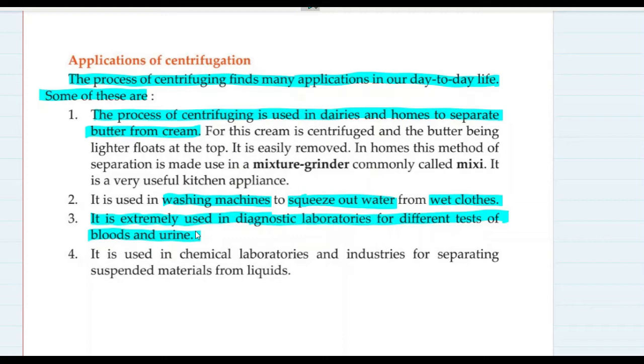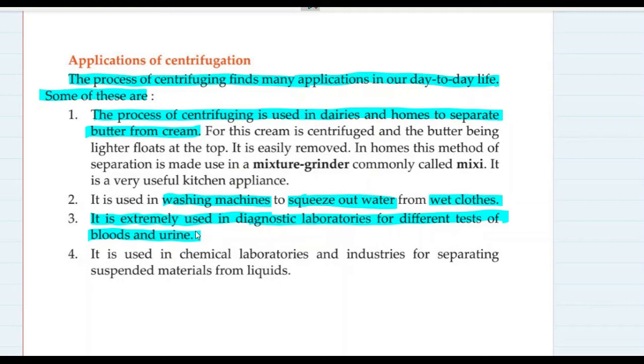All the red blood cells settle down after centrifugation at the bottom of the test tube, and all the plasma, that is the colorless component of your blood, floats above the red blood cells. So the red blood cells, the white blood cells, and the colorless plasma all are separated by the method of centrifugation. The same is done with urine, where centrifugation separates out the heavy and lighter particles, and then it is very easy to test the blood.